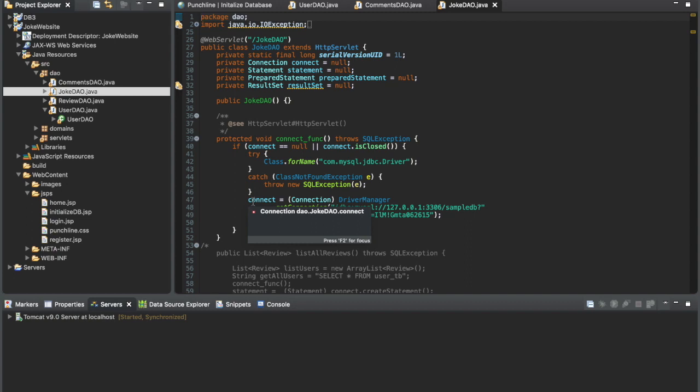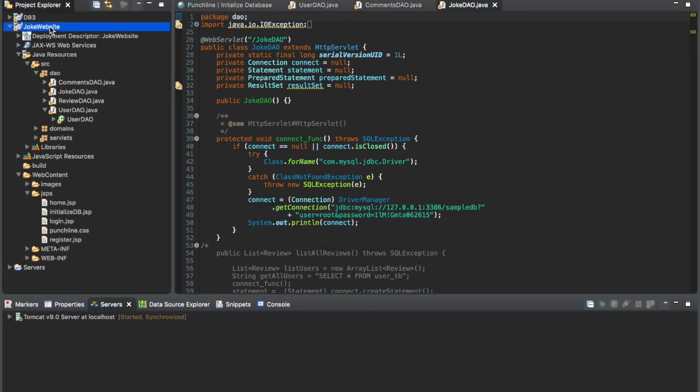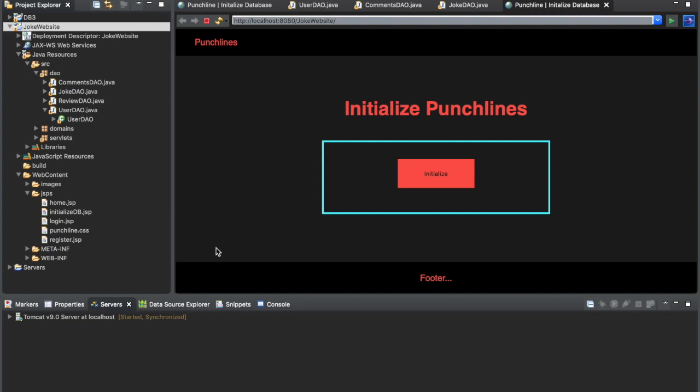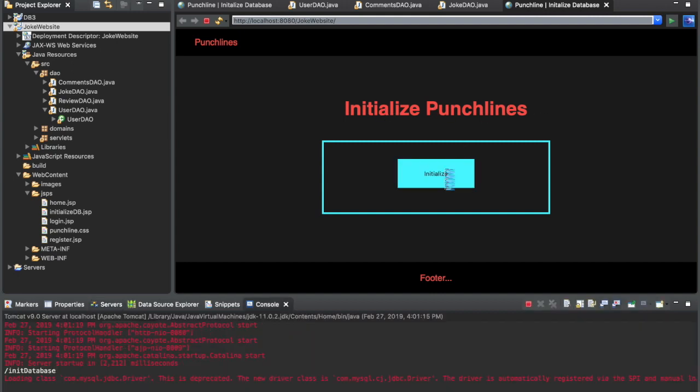This is our demo for part one of our joke website. Before we show you our source code, I'm just going to run it so you can see that we have everything working. When we run the project, we start off with our initialize button. We named our website Punchlines because this is the punchline of a joke. So if we press initialize,